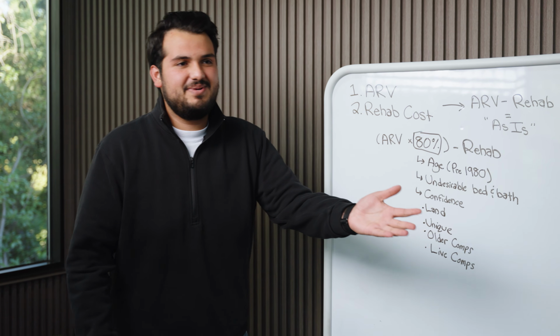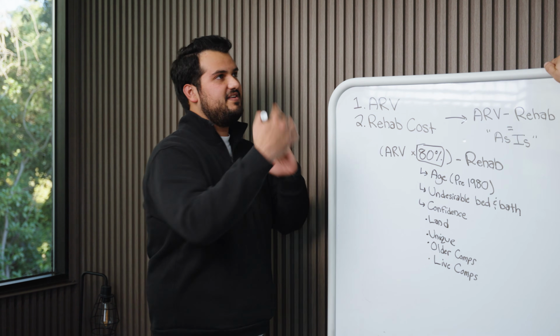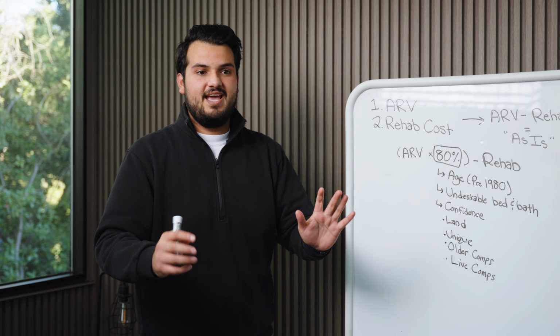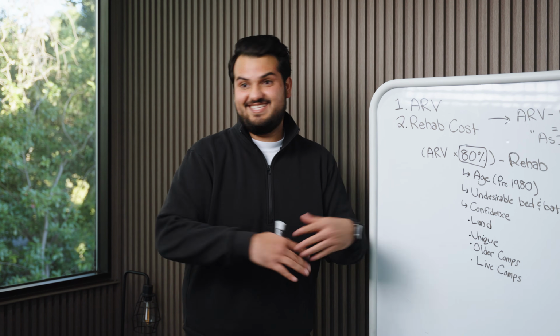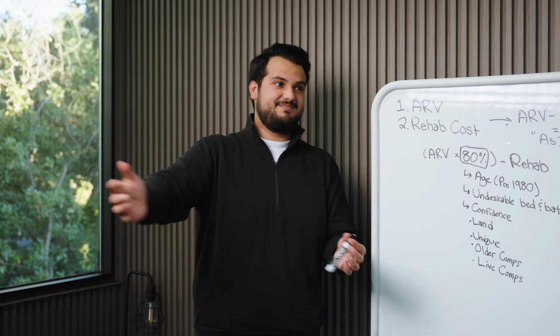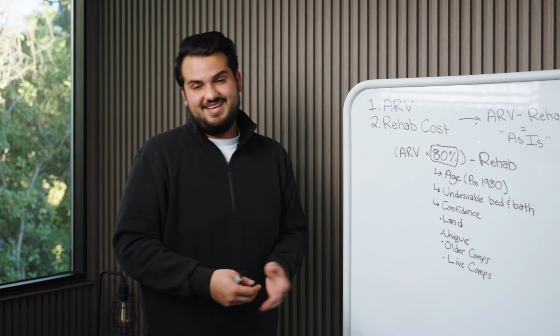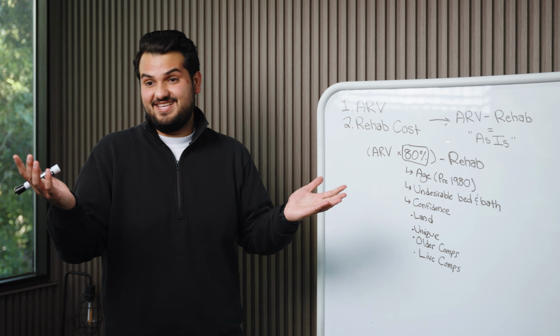Exactly. There's so many times where we're like, all right, we know the ARV of this property is 230. And then we see someone asking 310, and we're like, okay, this guy's just on crack. He's never going to be able to sell this thing. It's been listed for 6 months. Clearly, it's never going to sell. Clearly, they don't want to sell it, because they're never going to sell it for that price.